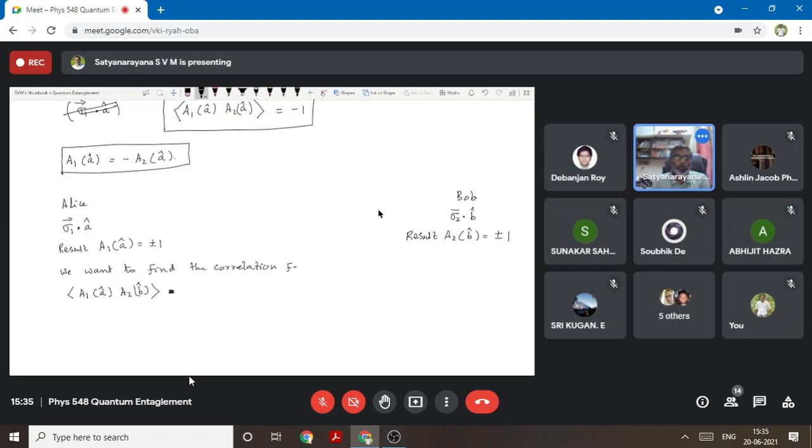Sir, but by the formulation, I can tell one thing. It should be lying in between minus and plus one, isn't it, sir? Yes, this correlation function result should lie between minus one and plus one. That is correct. But we would like to know exactly what this correlation function is. It is lying between minus and plus one, we can say. But if it is zero, for example, it is completely uncorrelated. So how much the correlation is, is something that we should determine.